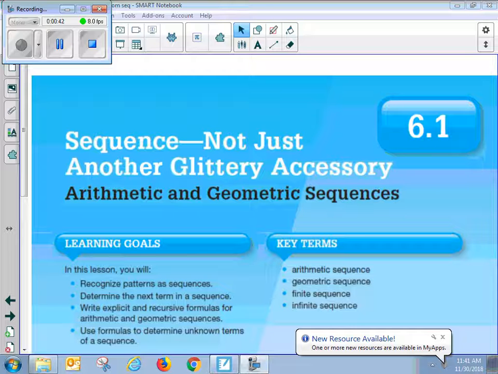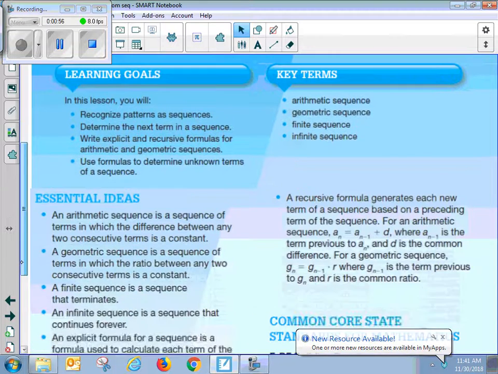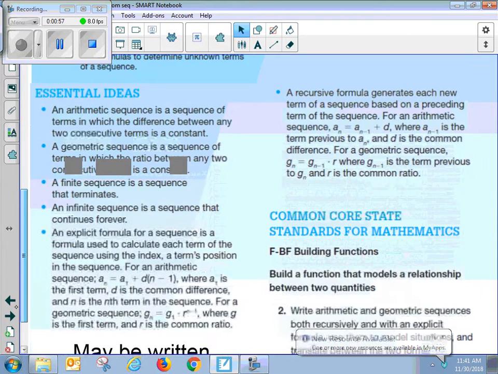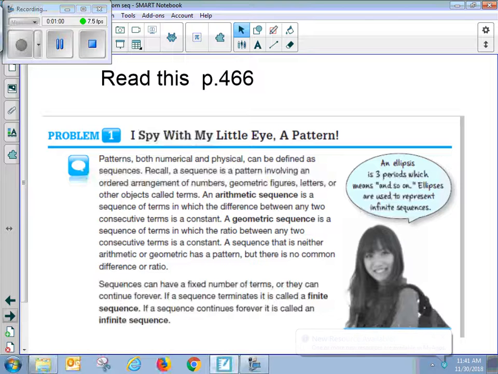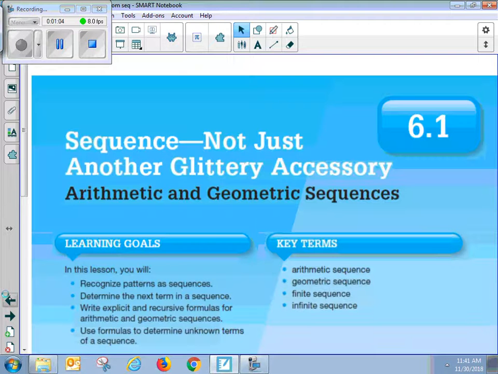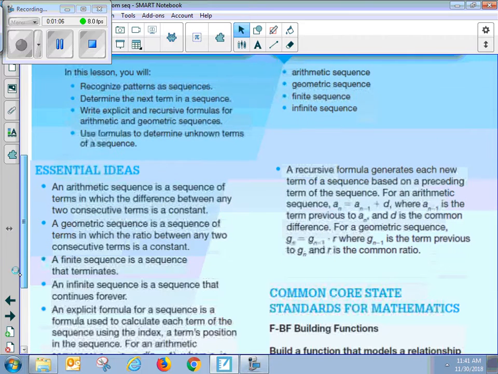So arithmetic sequence, an example would be 2, 4, 6, 8, 10. 1, 3, 5, 7, 9. What am I counting by? Twos. Good. Okay. So with that pattern, could you please tell me what was the first term in my pattern? 1. Okay. So from the first term in the pattern,